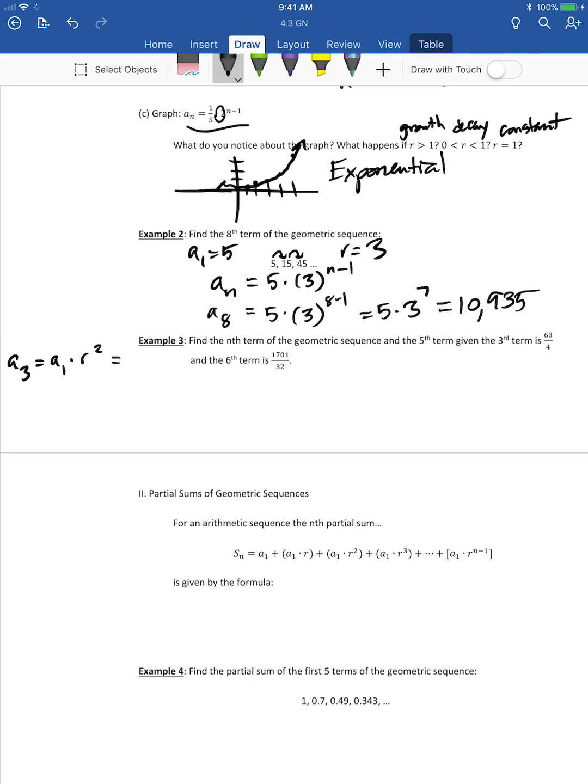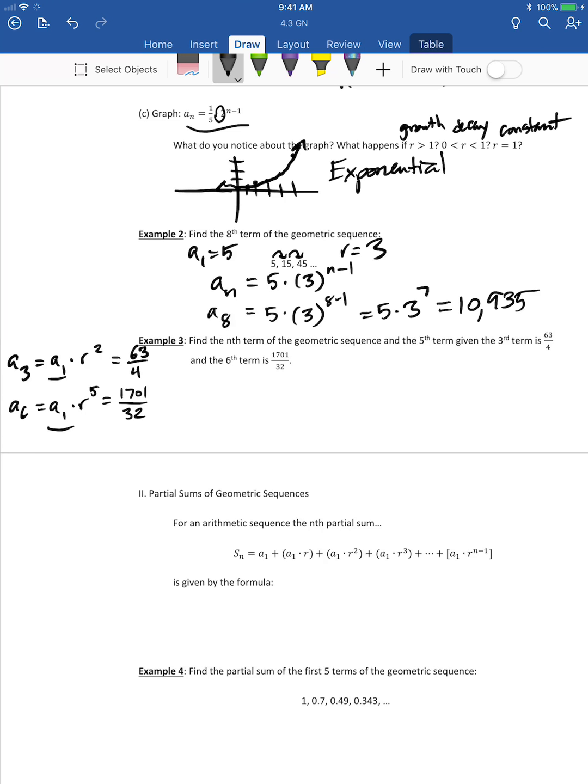And I'm told that that equals 63 over 4. Similarly, I'm told that the 6th term, that's going to be the first term times r to the 5th power, which equals 1701 over 32. Now, what can I do? How do I solve for anything here? Well,